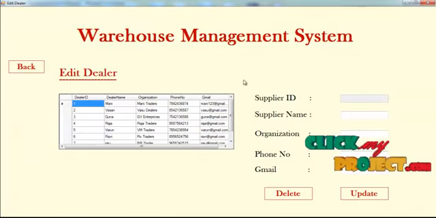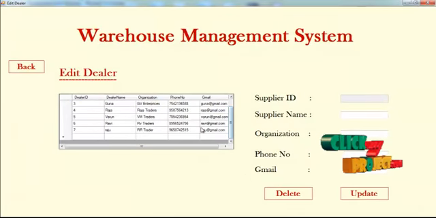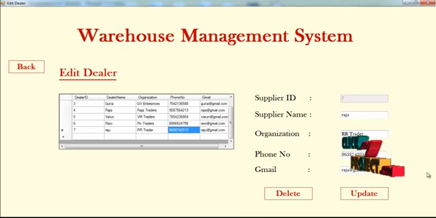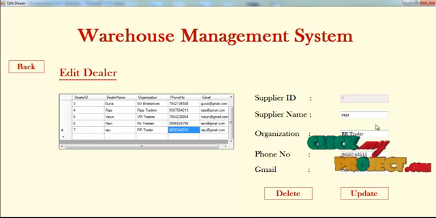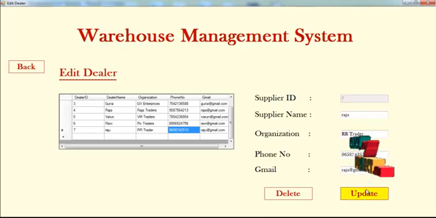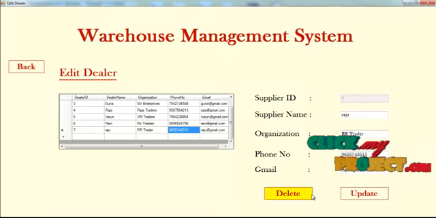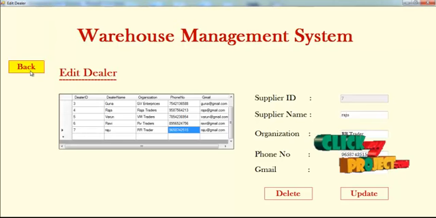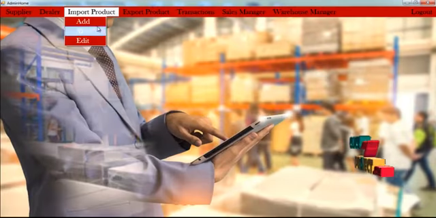Next, edit. Click the data, then modify the data. Click the update button. The data is updated. Or else click the delete button. The data is deleted.